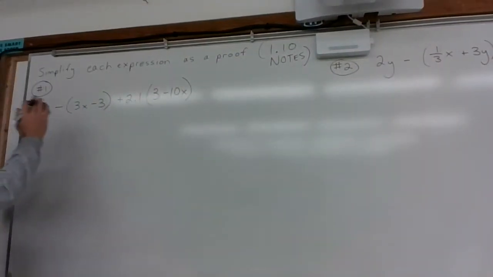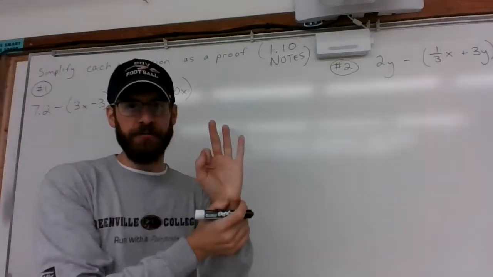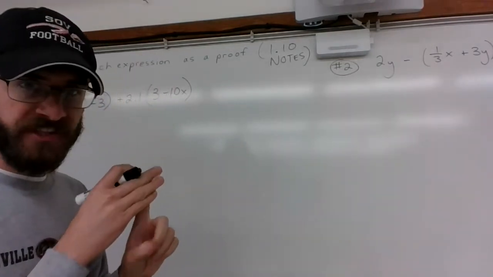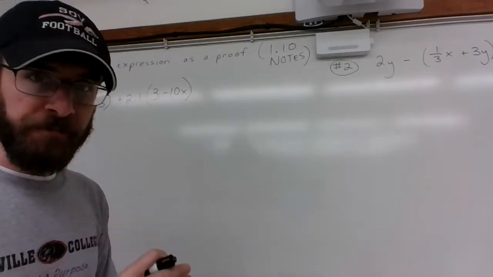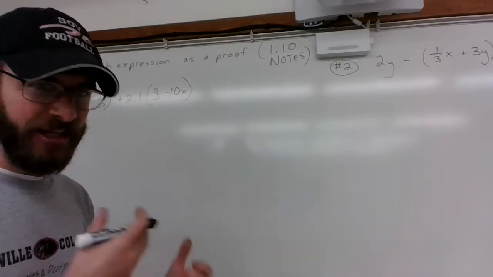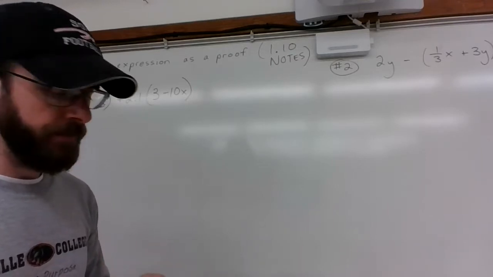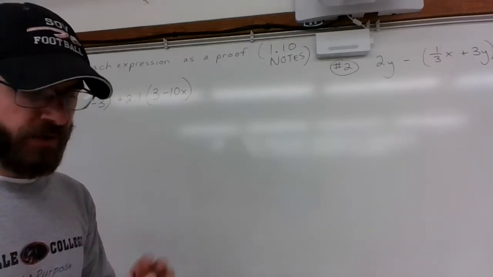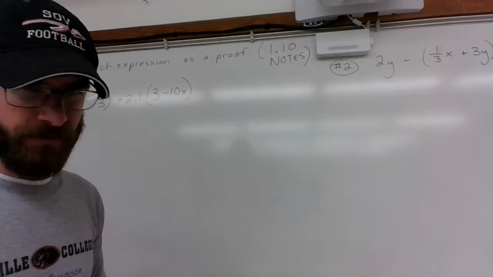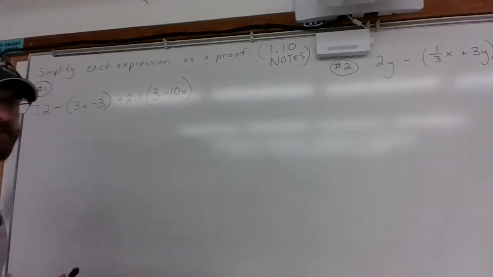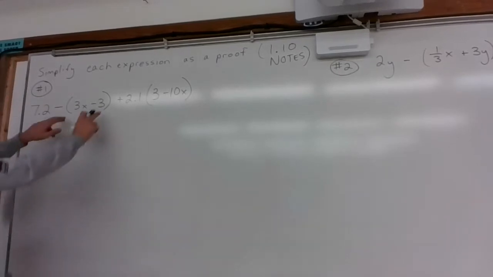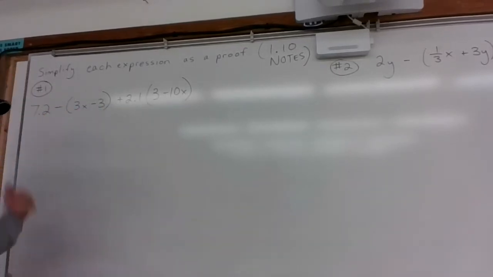So simplifying each expression, we have three properties that we're kind of moving through. Distributive property, which is to get rid of parentheses through multiplication. The commutative property, get the like terms together so that we can add or subtract them. And then the substitution property is when we actually make those calculations themselves, usually the final step. So on this right here, I see grouping symbols, parentheses, so I'm going to multiply by